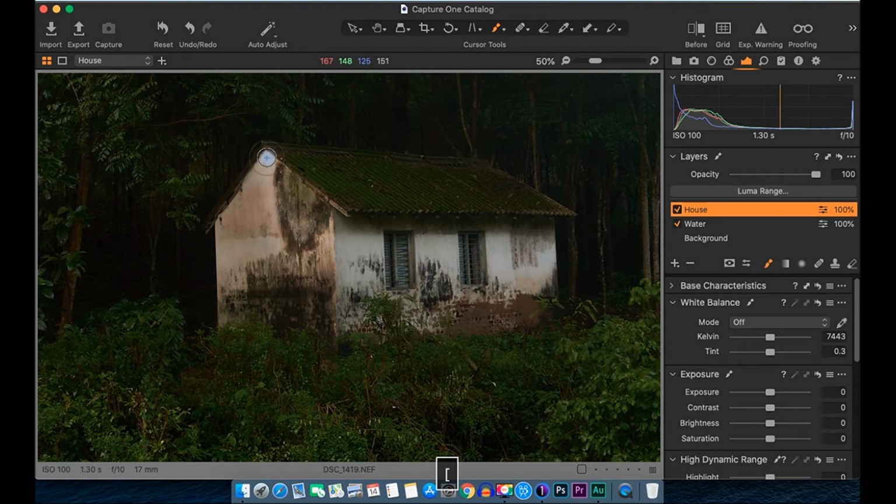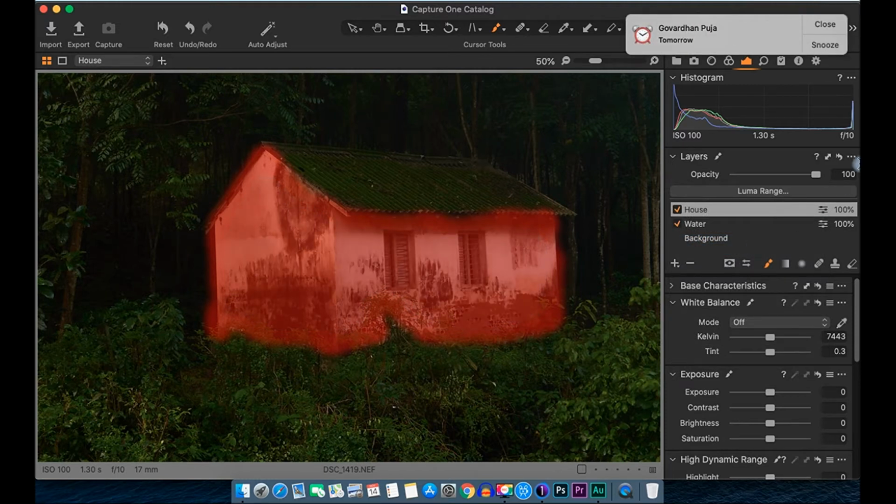Hit M on the keyboard to reveal the mask so that you know where we are painting, and paint over it. Right click, fill mask. Hide the mask.